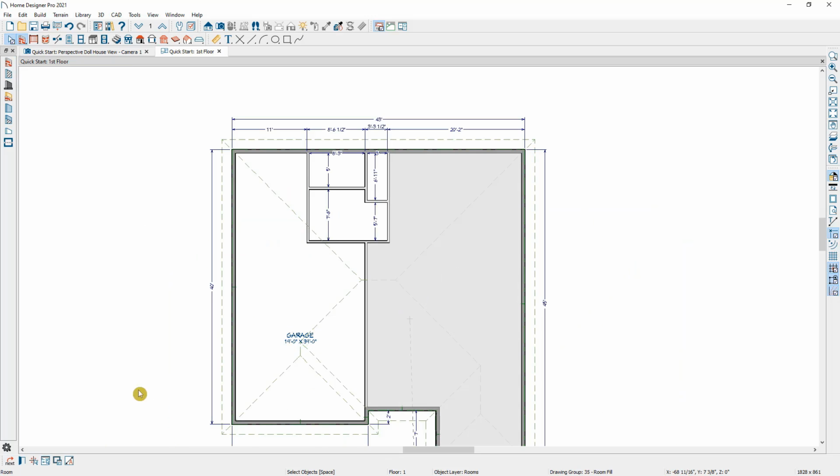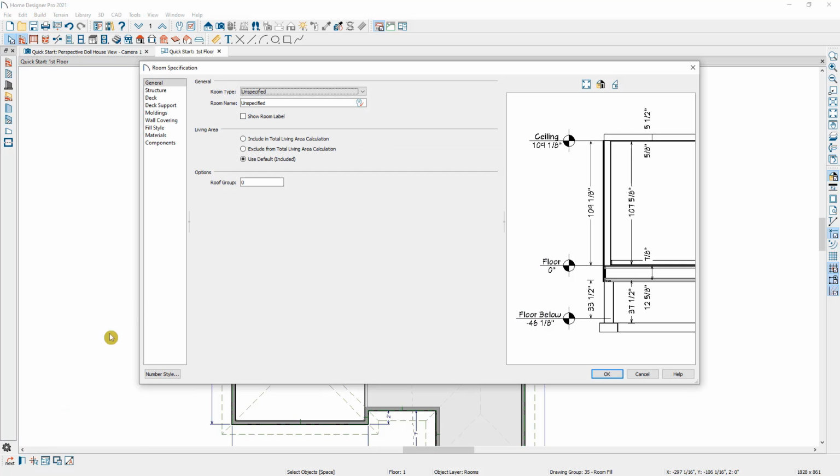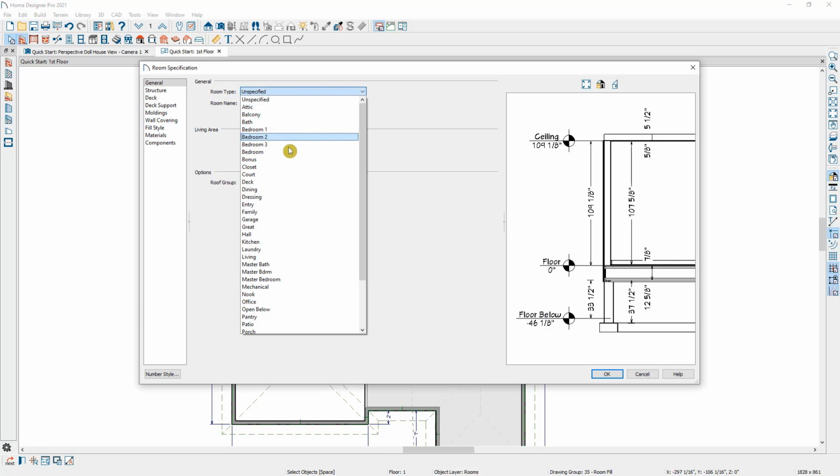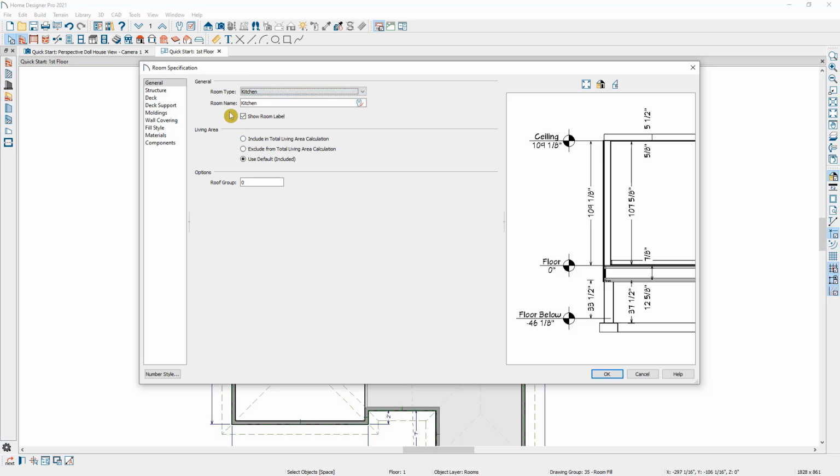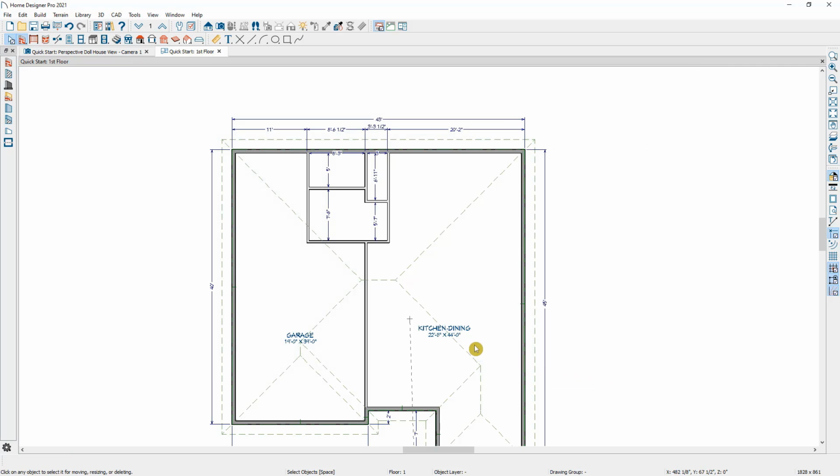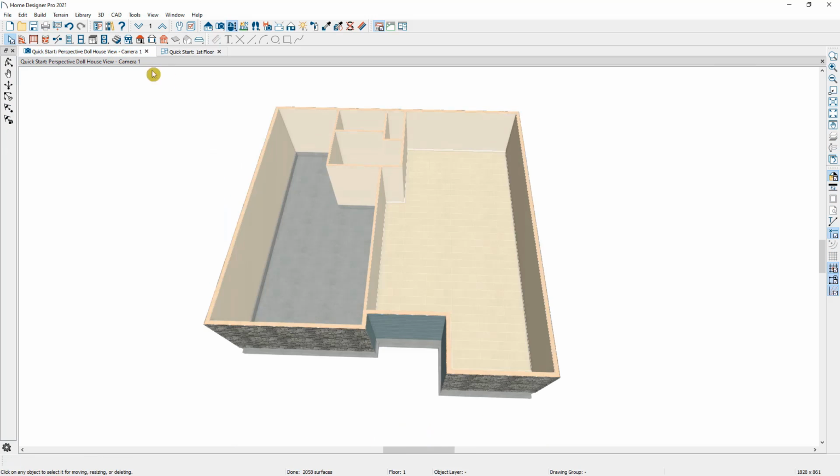Similarly, if we click over in this space and open up the room, and we tell the program that this room is going to be used for a kitchen, and let's actually change the room name that displays in our floor plan view to say kitchen dining, and click on OK. You can see that we get that room label, and maybe it would be more appropriate to move it up here into the plan. And if we look in our 3D view, you can see that the program has automatically